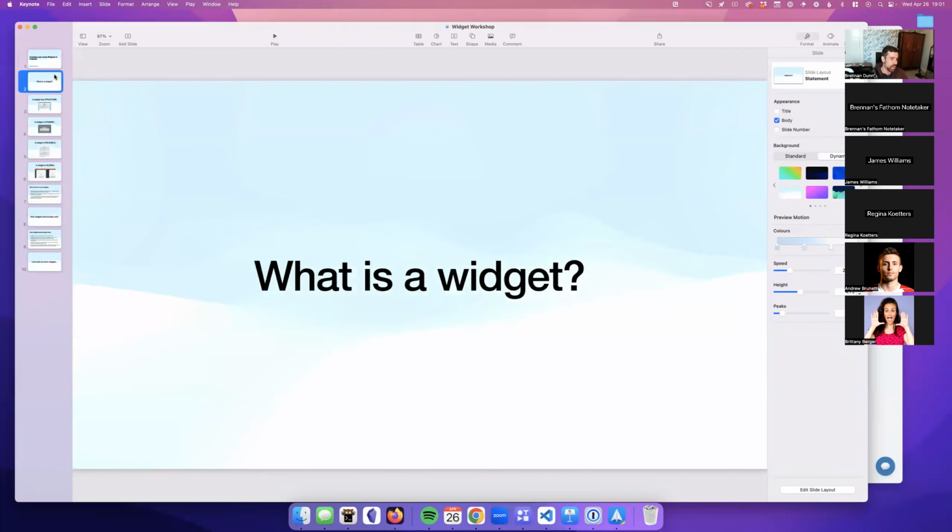So the first thing to cover, I think, is simply what is a widget. There's no native ConvertKit feature called a widget. They do have a thing now called layouts, which I'm gonna